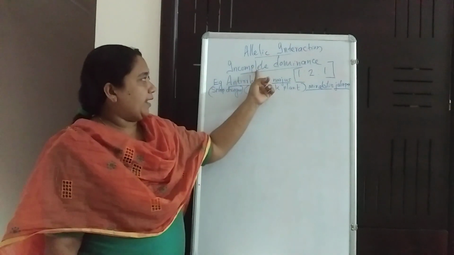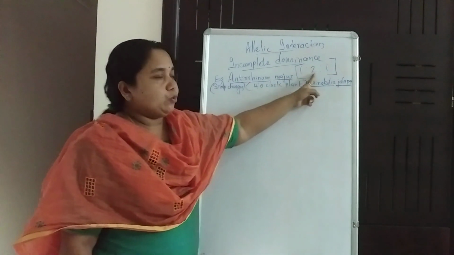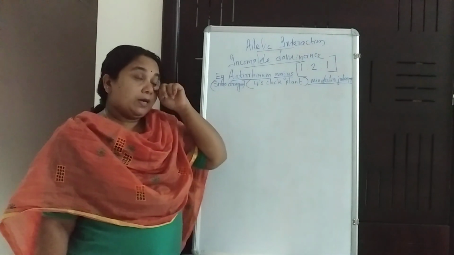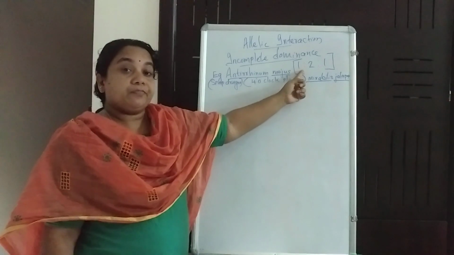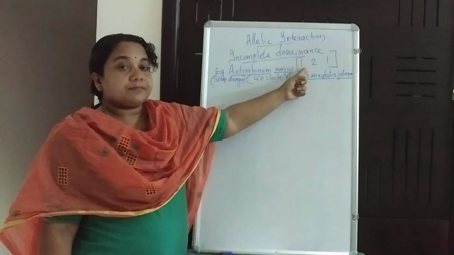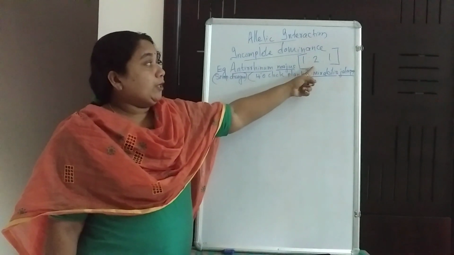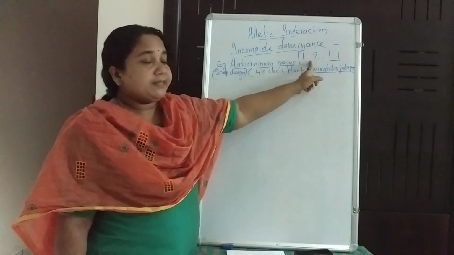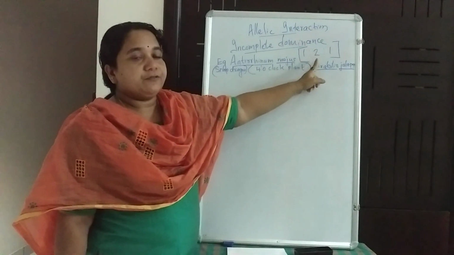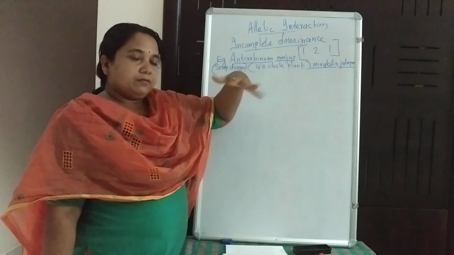You have to identify 1:2:1 as the ratio. This ratio is similar to which ratio? Monohybrid genotypic ratio, isn't it? What is the phenotypic ratio? Monohybrid 3:1. This is the same as that of the genotypic ratio, but not